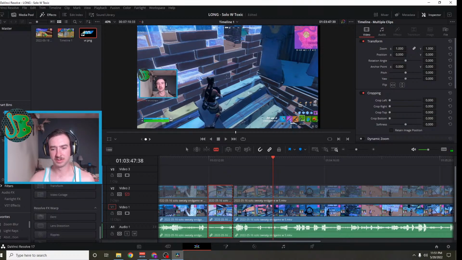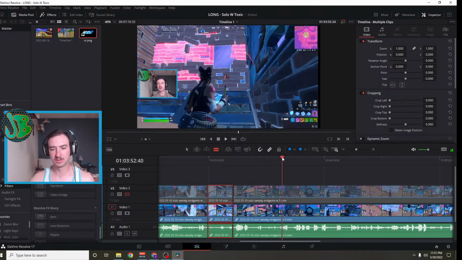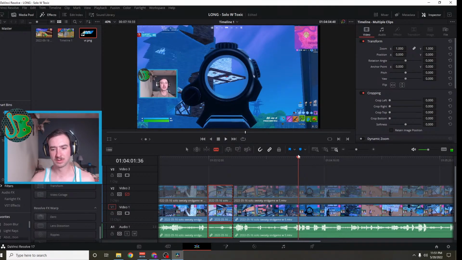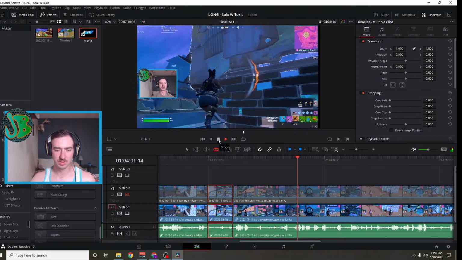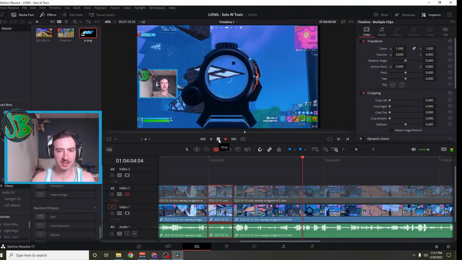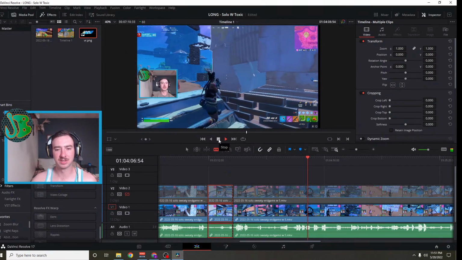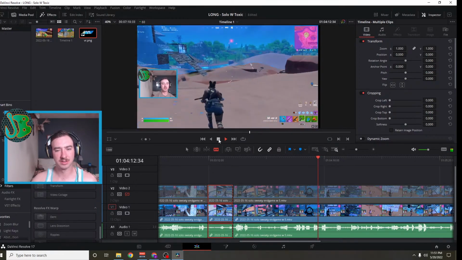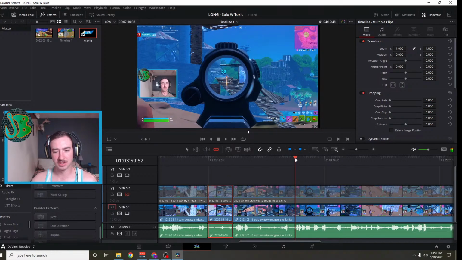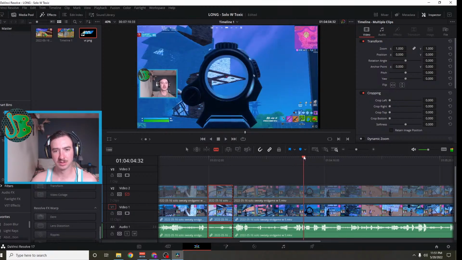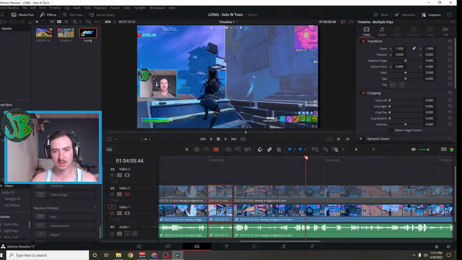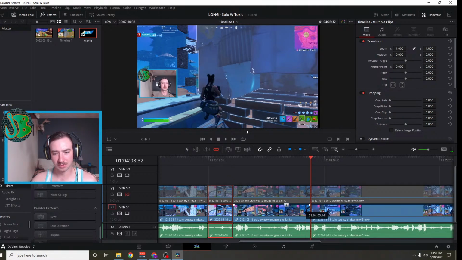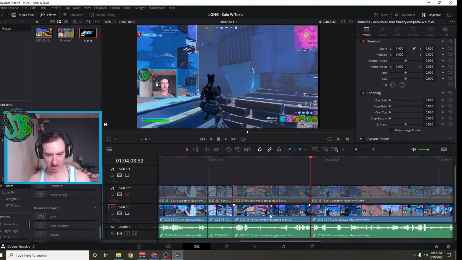Let's start to speed this up just a little bit. So this is a decent chunk we're going to take out here, probably at least 30, 45 seconds. Second circle hasn't even started yet. No content for me. It's all Ryan there. Okay, so there we can kind of... There's 16 guys left. Second circle hasn't even started yet. Right, so we don't want to really include what's going on in his match as much as possible. So we're going to cut that part out